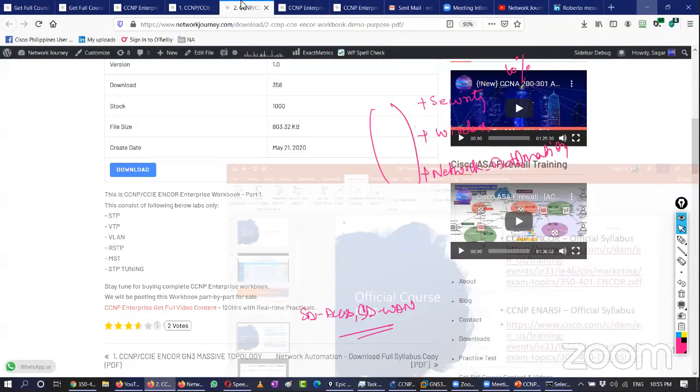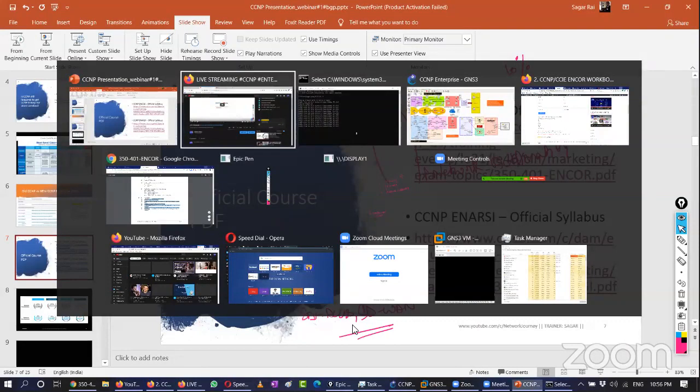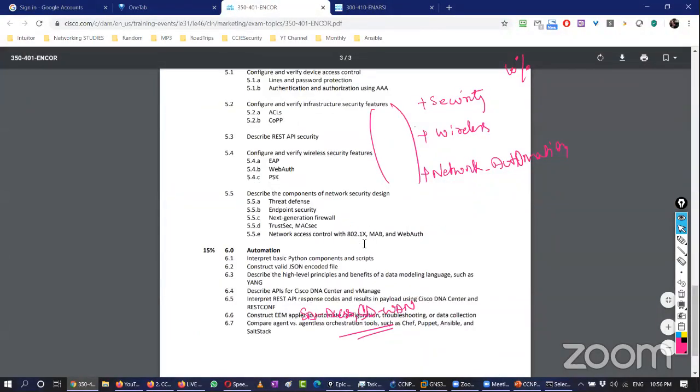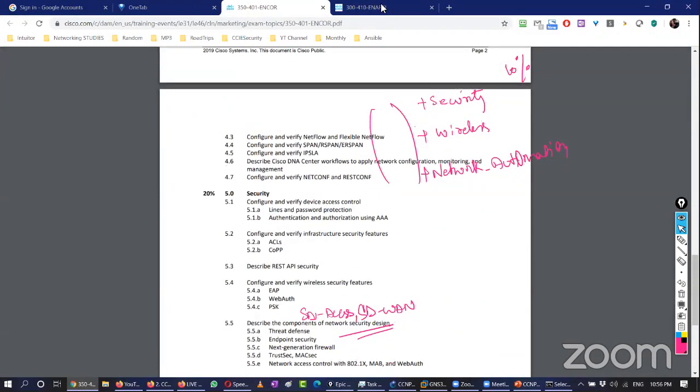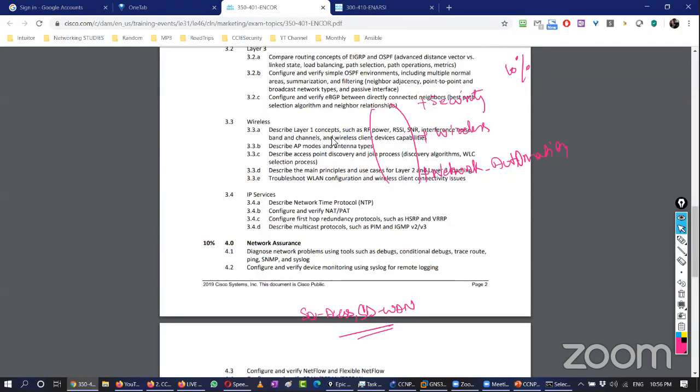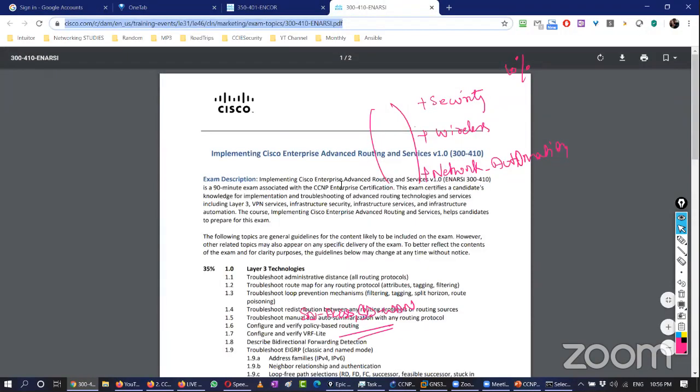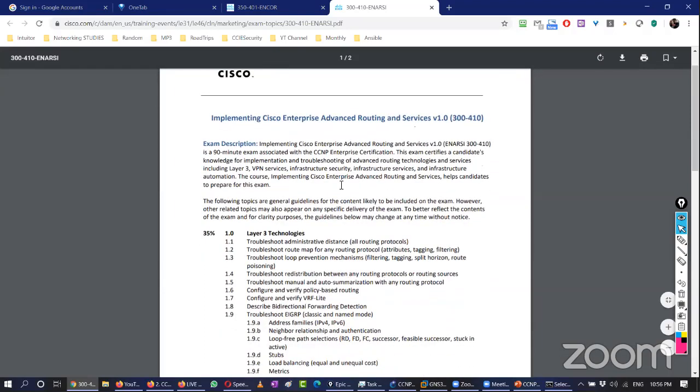Okay. So I was talking about the syllabus copies. Security, wireless, network automation, added up topics. And also we have some theoretical topics of SD-Access, SD-WAN, and all the additional topics like NETCONF, RESTCONF. Okay. And yes, the second PDF here that I have is for NRC, the concentration paper. Okay, one among the 6 papers.